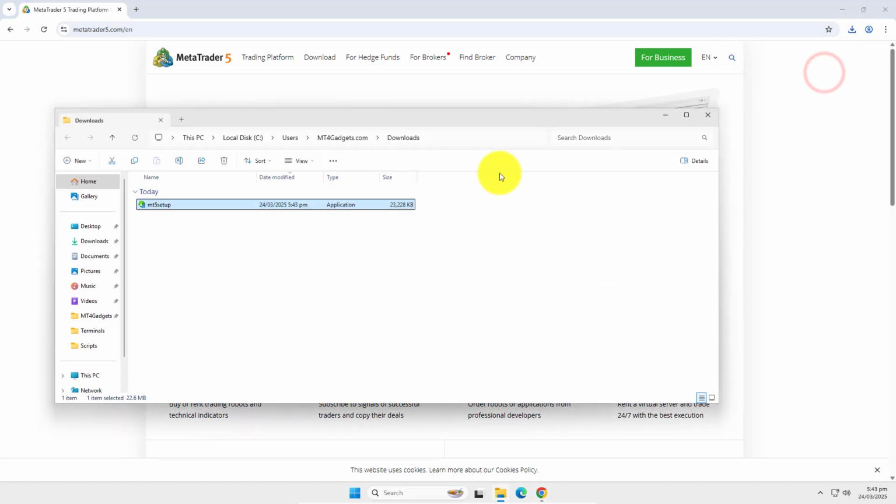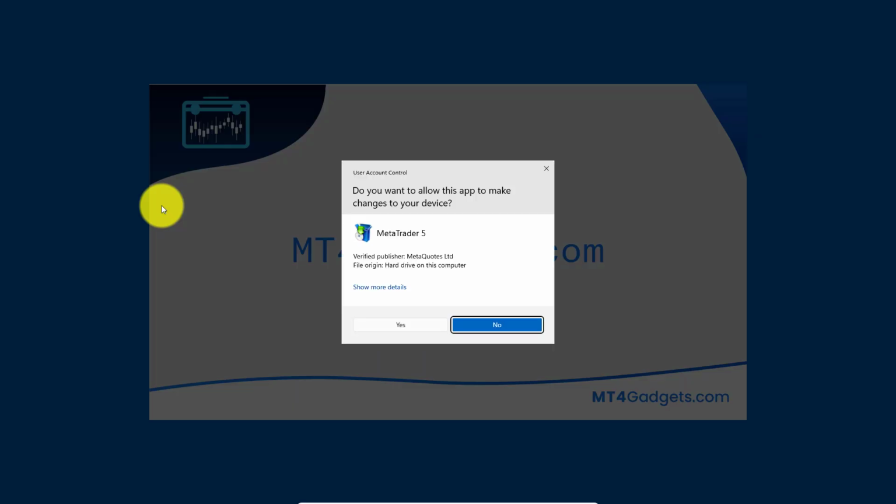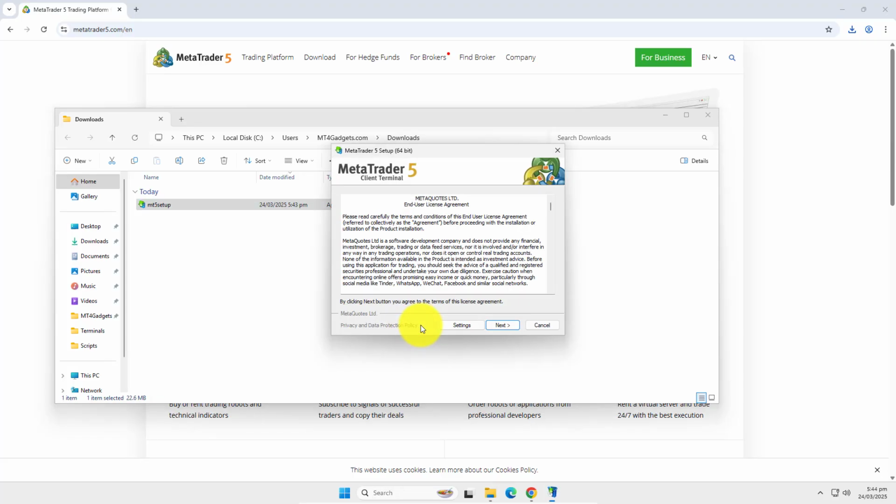You can find the installer in your favorite downloads folder. You just need to double click in there. You can see that this is the MetaQuotes version. Yes, to continue. I always suggest to proceed in the settings